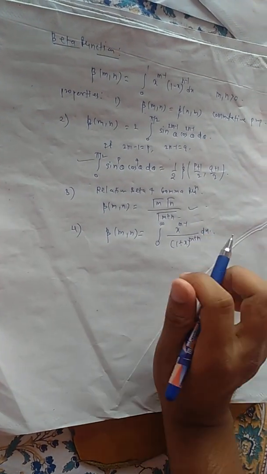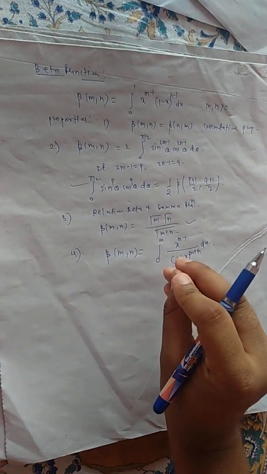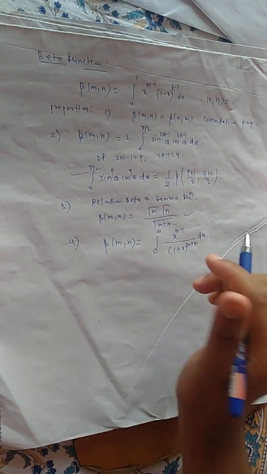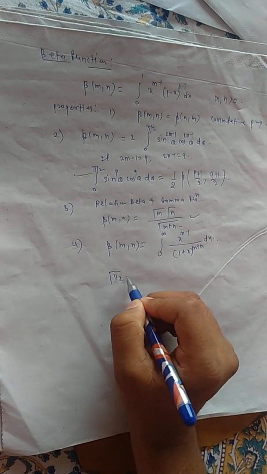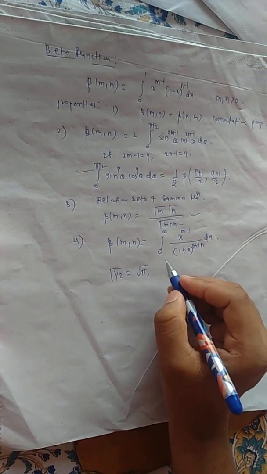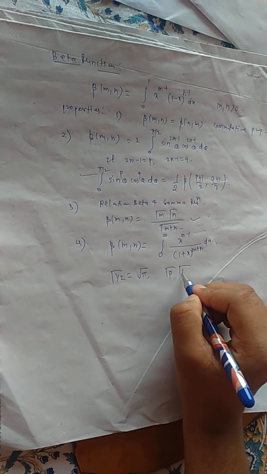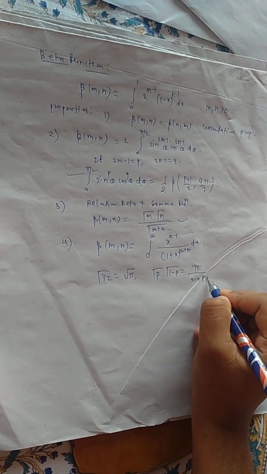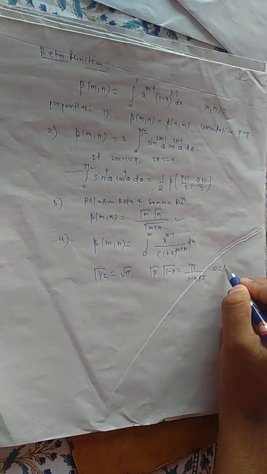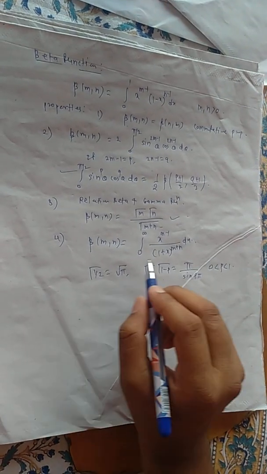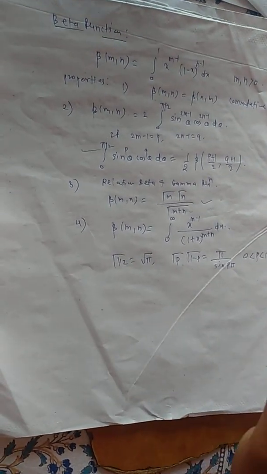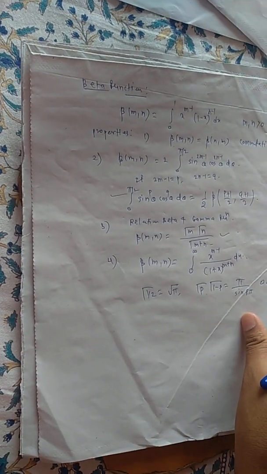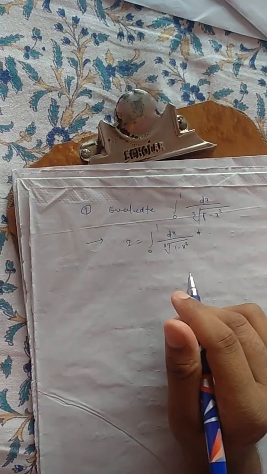Fine, there are a few more results which we need, which we learned in gamma function, that is, gamma of 1 by 2 is equal to root pi, then gamma p times gamma 1 minus p is equal to pi upon sine p pi, where p lies between 0 to 1. These two properties are also very important. So we'll solve some problems on this, right?